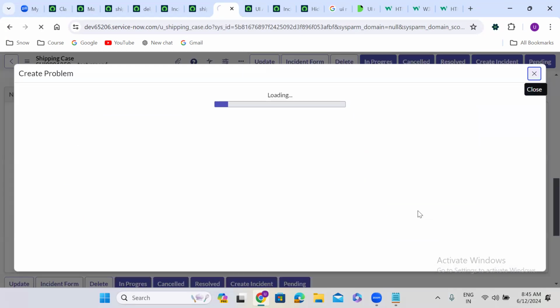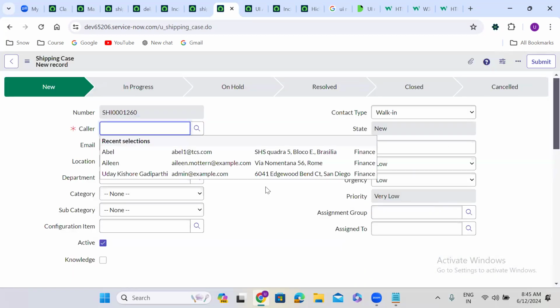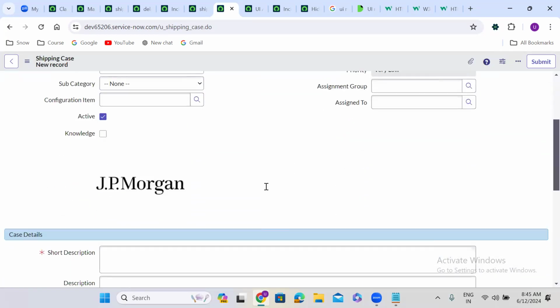Whenever you click on this button, it will call the